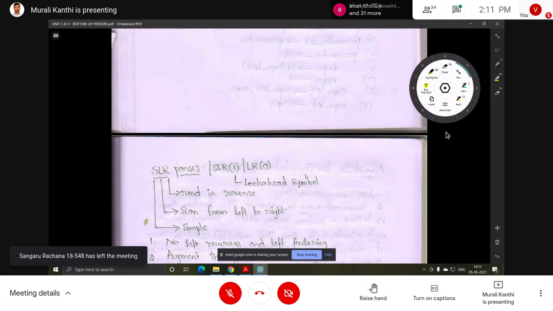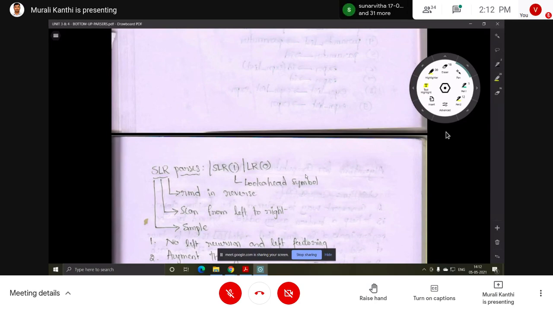The parser cannot decide whether to shift or to reduce. These are the two possible operations in that situation, so the parser cannot take the decision. That is a conflict. We showed the example also.